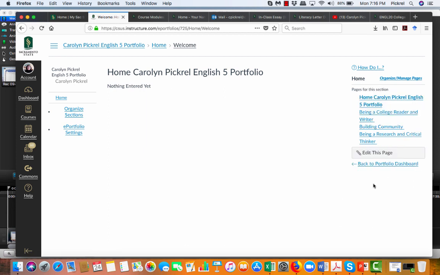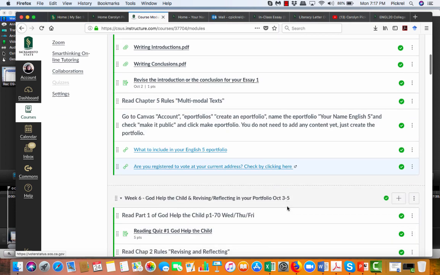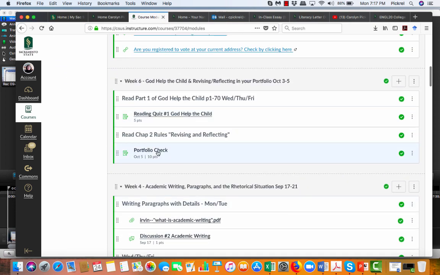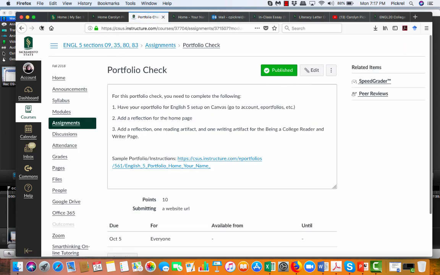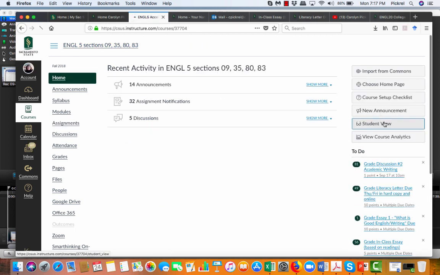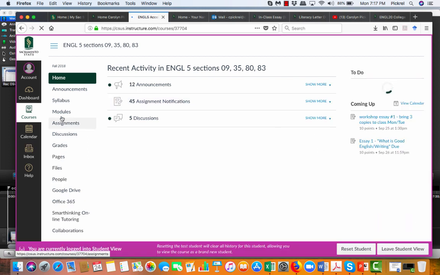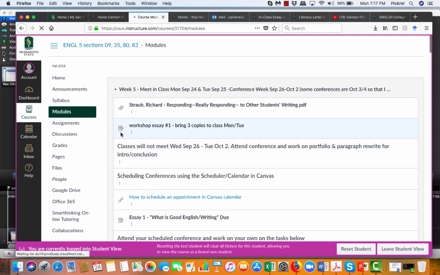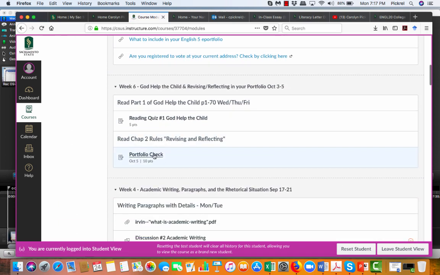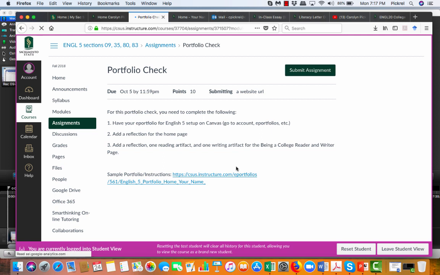Once you've done this, what I'd like you to do is to go back to the home page, copy the link that is here, and then you're going to come back to our course to turn in your portfolio by clicking on Portfolio Check. And hold on a minute, I need to be in the student view so you can see what you will actually see. So under week 6, your portfolio check is due, and if you click on Portfolio Check,